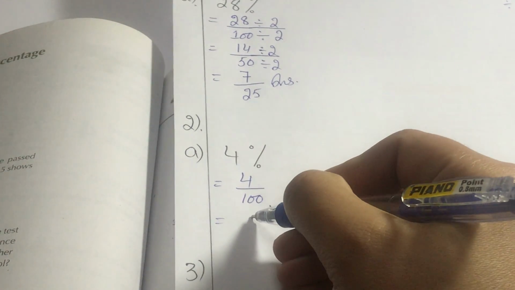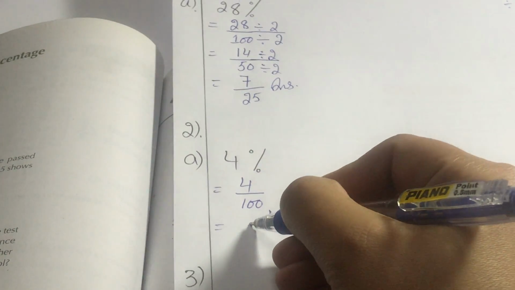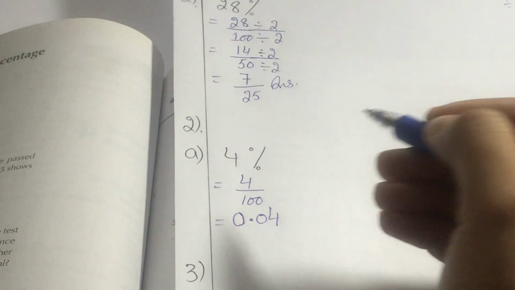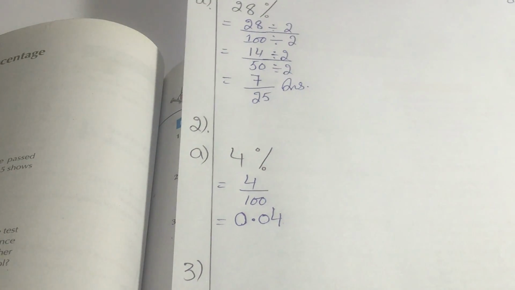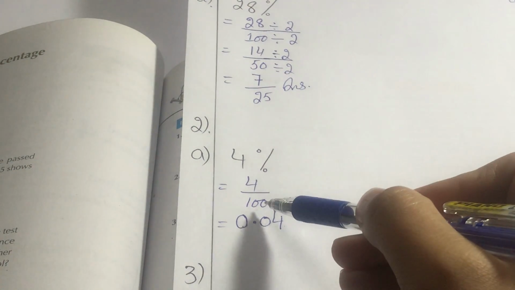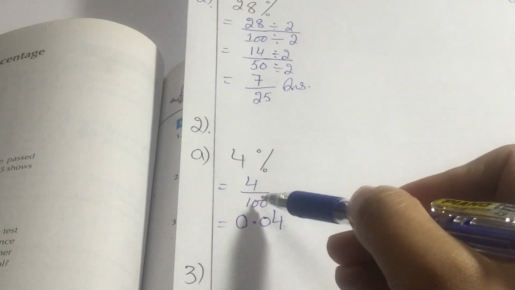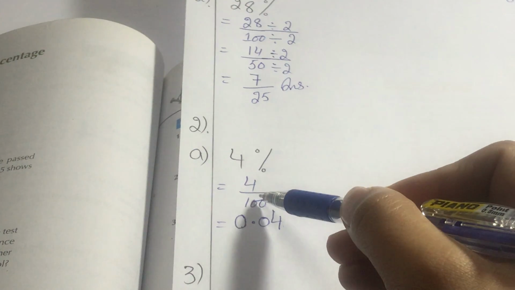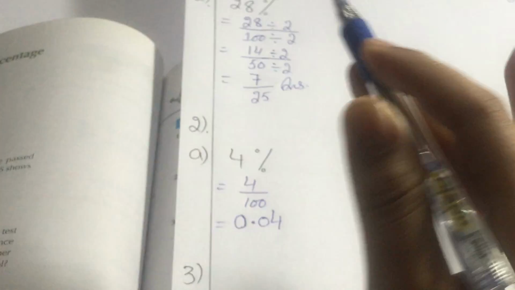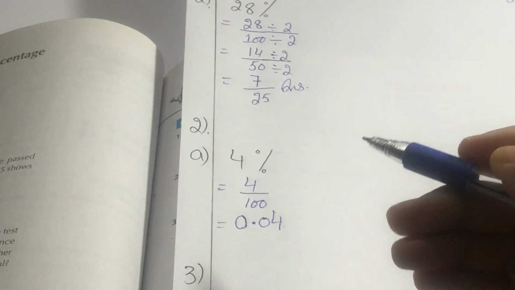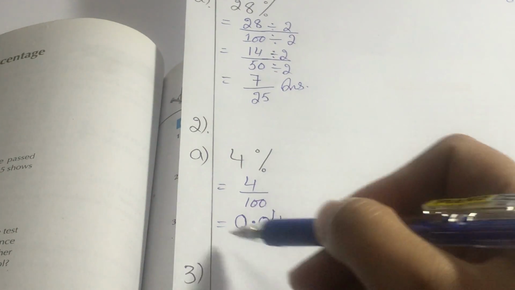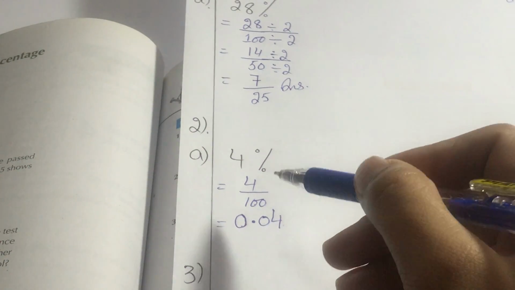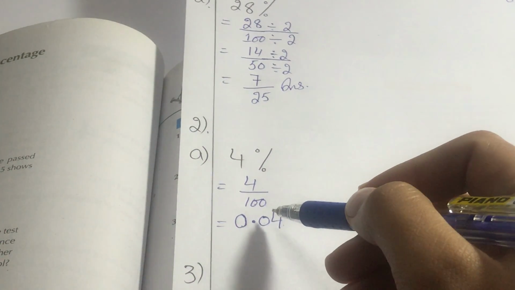1 and 2 digits, place the decimal point. And what's the procedure to represent a decimal number? We always use a 0 at the start if you have no whole number, right? So what I have done: count the zeros in the denominator. Then if you have 2 zeros, you need to count 2 digits from your right-hand side, write the decimal point, and to represent your decimal number, write the 0 at the start. This 0 has no value, this is just to represent your decimal number, right?